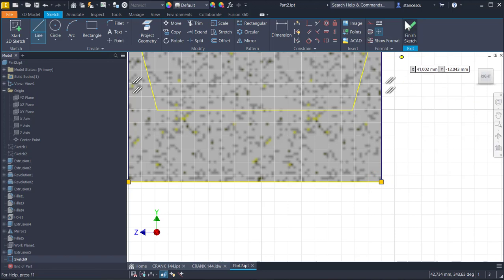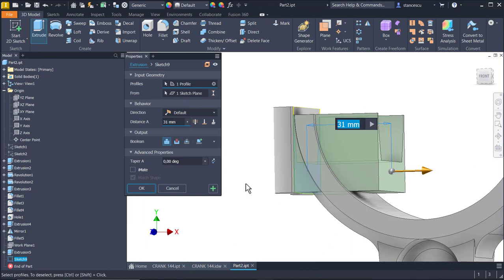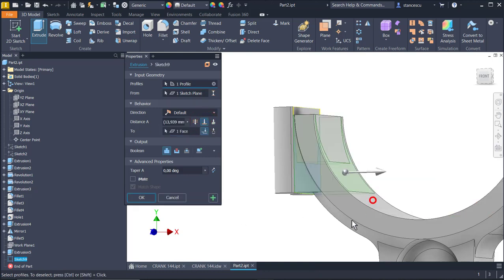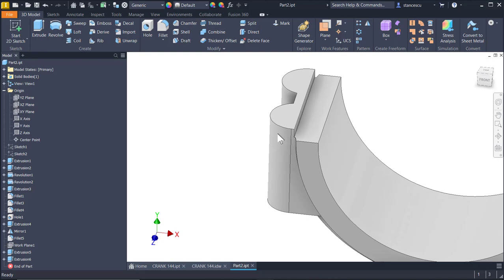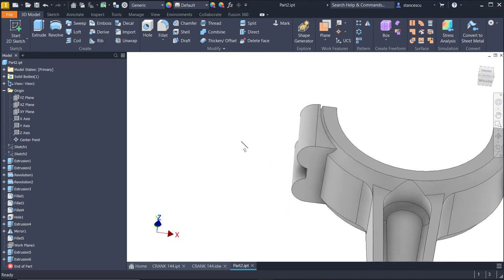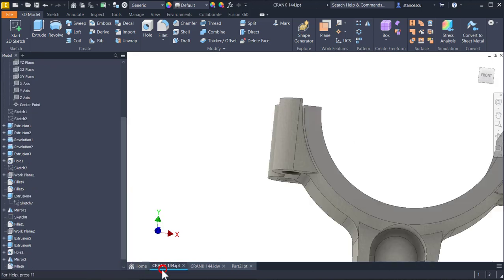Okay, finish sketch, extrude to this face. Okay, now we have everything. Okay, let me see what about that